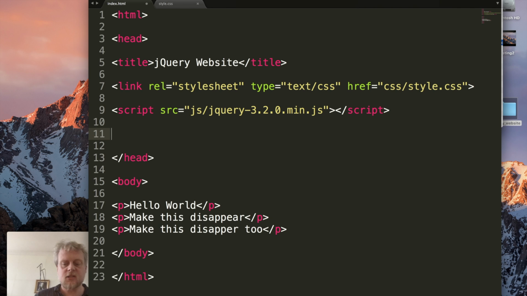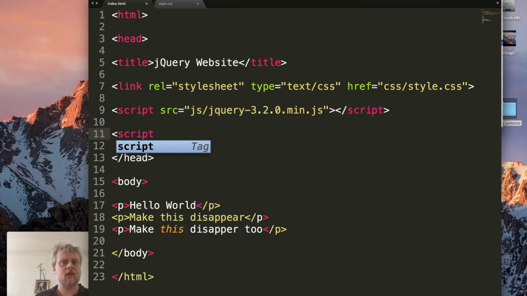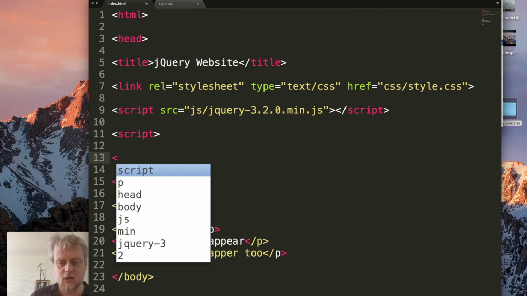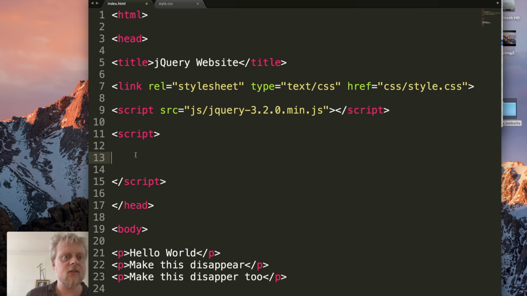So this script, this function will go in the head actually. So I'm just gonna go script again, and this has to be after you call the actual file. And the second thing I'm going to do is before I write this script, I'm going to just close out the script tag, just so I don't forget about that later. Okay, so the first thing you're going to do, and you'll see this a lot when you're dealing with jQuery, I'm going to just write a line of code, $, and in parentheses I'm going to do document, which is referring to this document that we're dealing with,